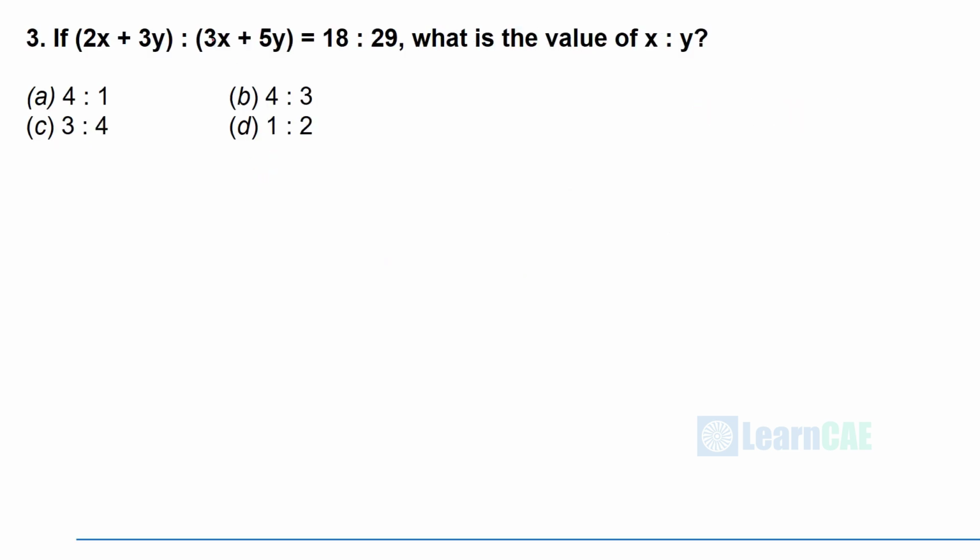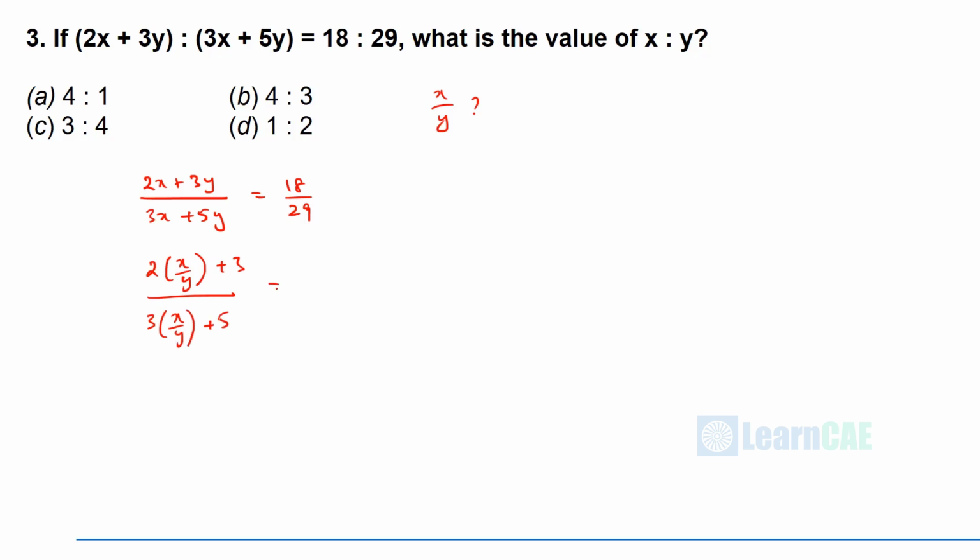Next question. If 2x plus 3y is to 3x plus 5y is equal to 18 is to 29, what is the value of x is to y? So, they are asking the value of x is to y. Let us write the given input. 2x plus 3y divided by 3x plus 5y is equal to 18 is to 29. That is 18 by 29. So, we shall divide the top and bottom by y. So, this will be 2x by y plus 3 divided by 3x by y plus 5